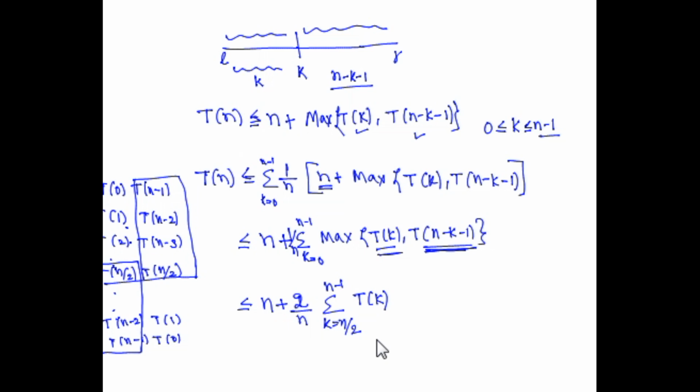So instead of taking the maximum of these two, every time you take the maximum in the first n by 2 terms, what really matters is the second half, and after n by 2, the first term actually dominates. So it is the summation of T of k where k is going from n by 2 to n minus 1, 2 times. So we get the equation that on average T of n, which is the average complexity of this algorithm, will be smaller than or equal to n plus 2 by n summation T of k, where k is going from n by 2 to n. We will try to solve this equation in the rest of these videos.